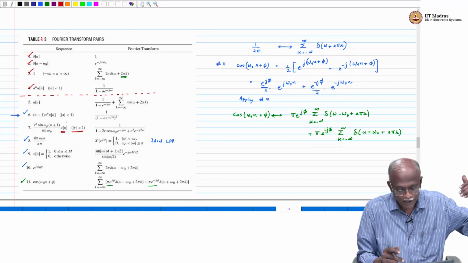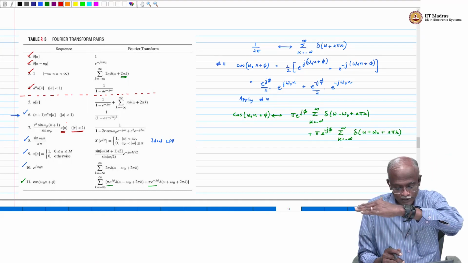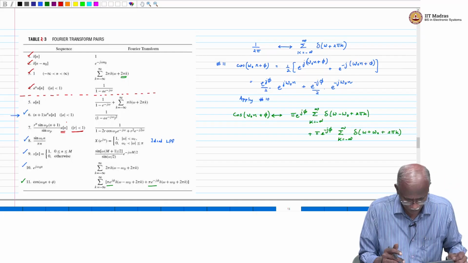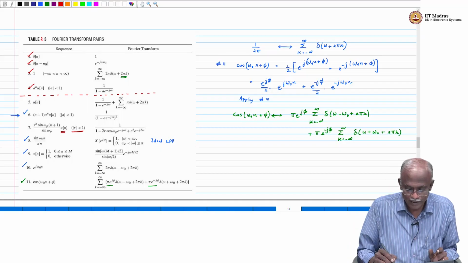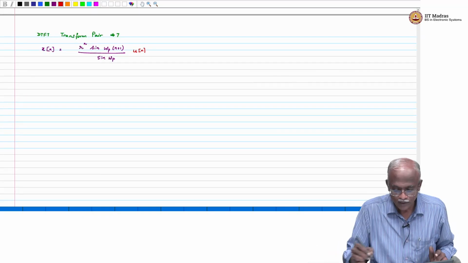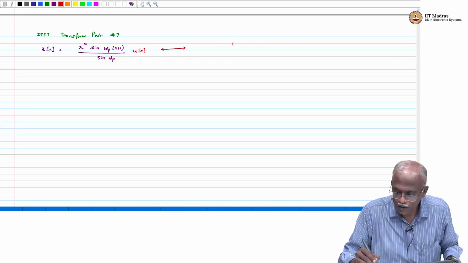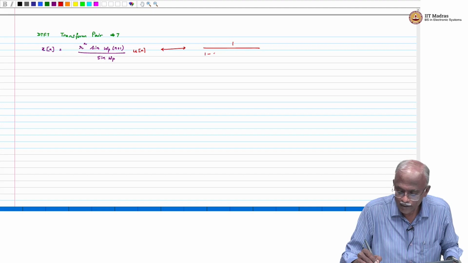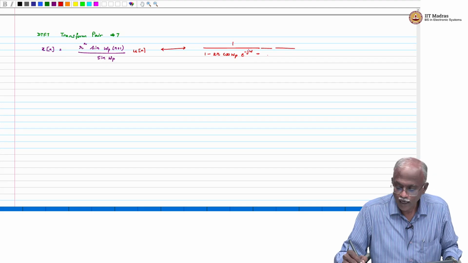Okay. So, it is an exponentially weighted sinusoid. The exponential weighting function is a decaying function and a scale factor 1 over sin omega p. Now, this has got a DTFT given by the expression on the right hand side. Okay, this has got a DTFT given by 1 over 1 minus 2r cosine omega p e power minus j omega plus r squared e power minus j2